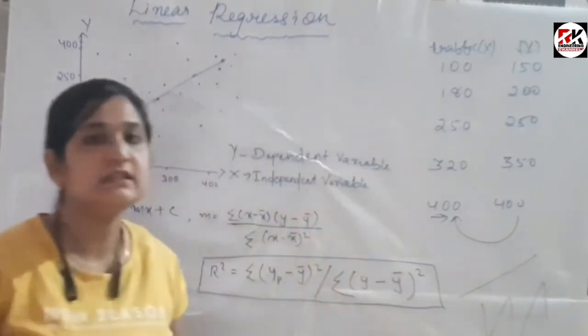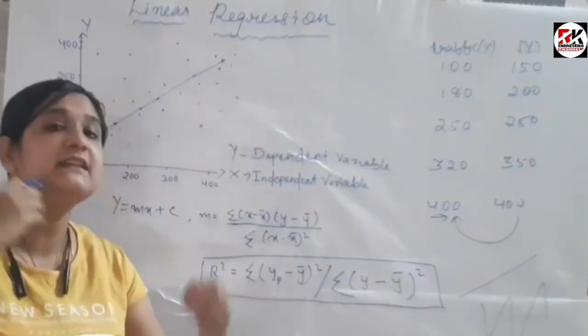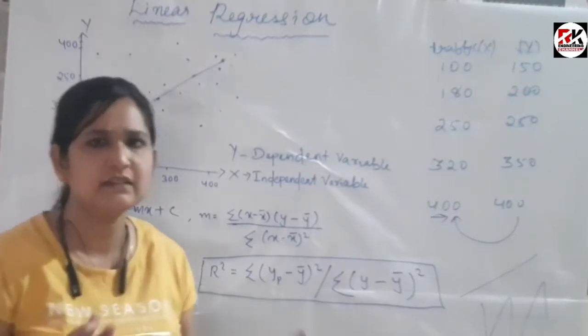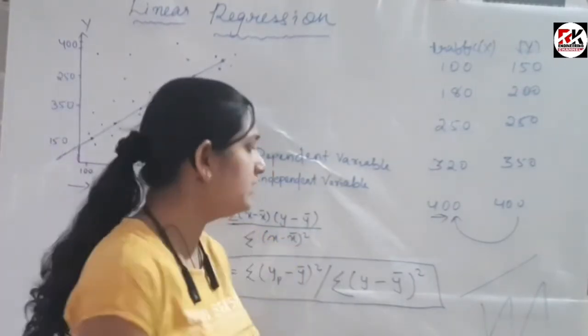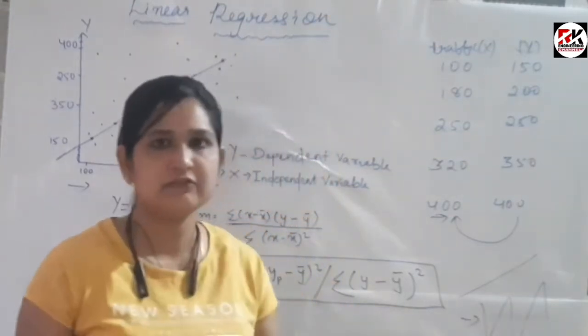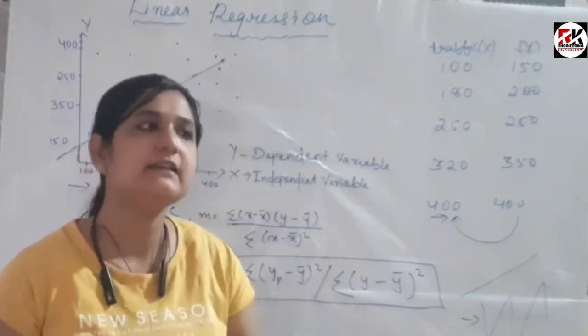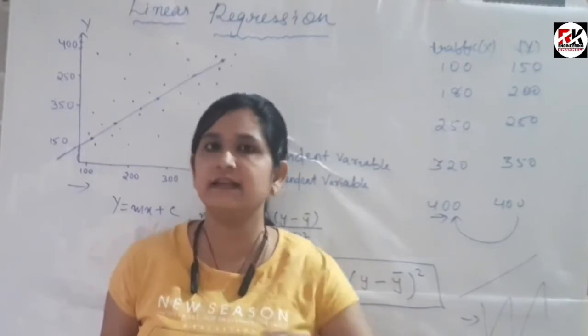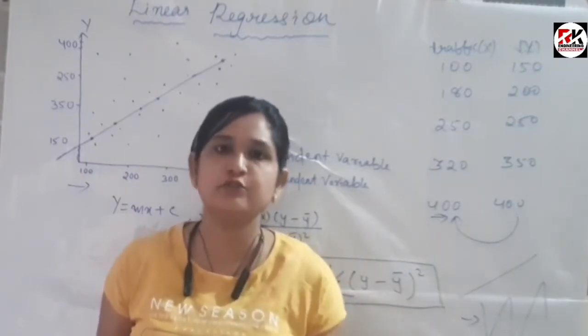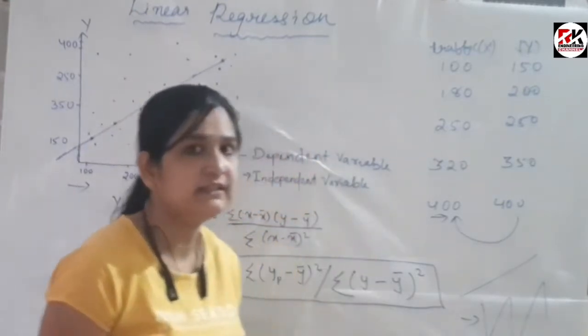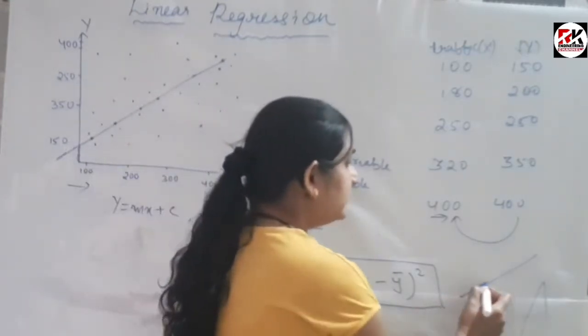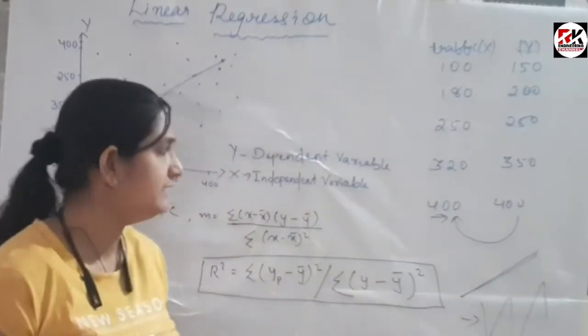It will not be haphazard in nature. It will always be linearly increasing or decreasing. So it will always be linear in nature. It's not this type of curve or something you will get. In case of logistic regression, that is a different thing. That is true, false. I will make another video on that. But in case of linear regression, make sure the line is always linear in nature, right?